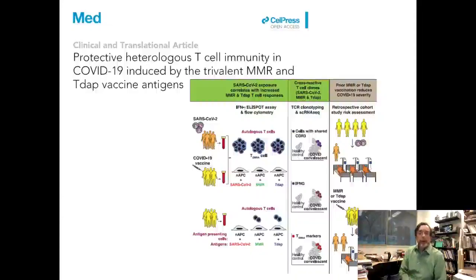This is an article about it. It's about how the trivalent MMR vaccine and the Tdap vaccine antigens, those particular vaccines, would actually give you T cells that would react with COVID. And they saw that it looked like if you had these two different vaccines before, you were protected, you were reduced somewhat against the severity of COVID-19. Almost certainly didn't affect infection. We've got to realize what the limits of the immune system are. But it definitely, according to this study, having the other vaccine, the MMR vaccine, will actually reduce COVID severity.